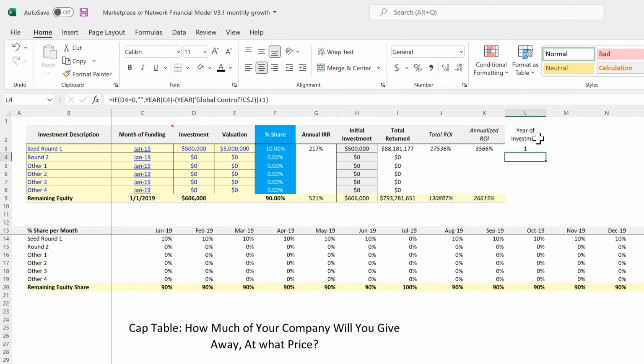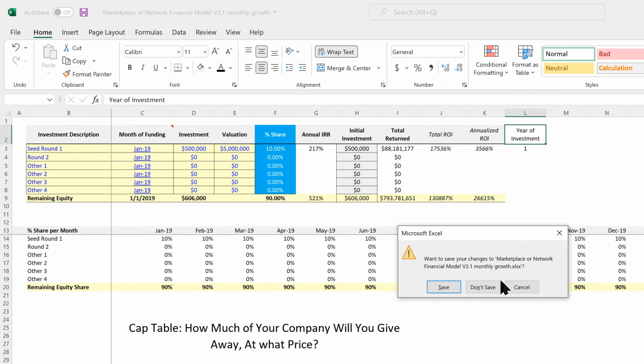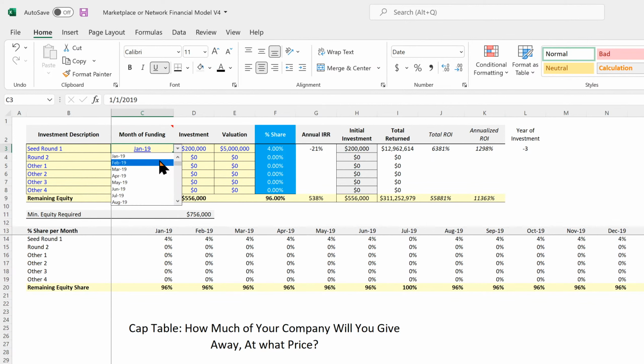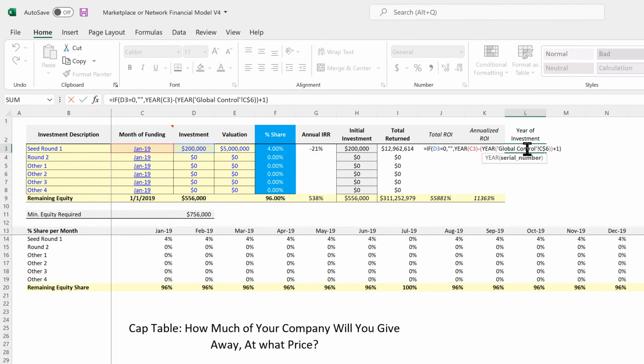Not years of investment, the actual year of investment, because this cap, okay, I see. So, don't save. So in this model, the cap table allows you to actually put in funding amounts that are not always on the first month of the model. Like all the other integrations I did were any equity investments coming right at the beginning. This model lets you make it variable, which we can keep that in, but